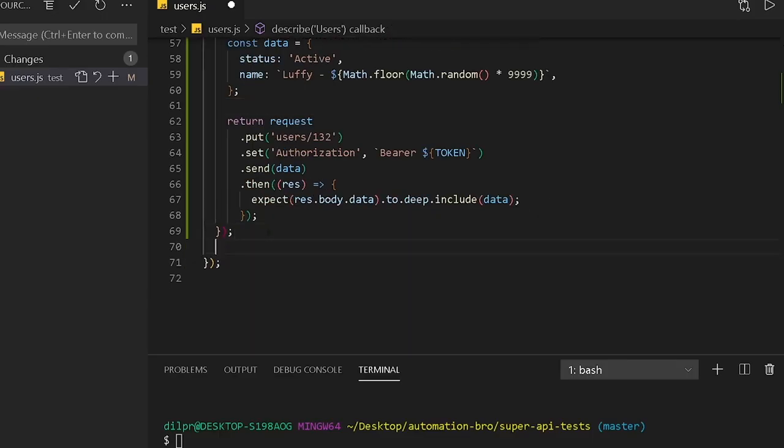And what I'm going to do is create a new test. So same as the last time, we will do delete /users/ID. Okay. And then there's no data. So this one is really straightforward. We're going to do return